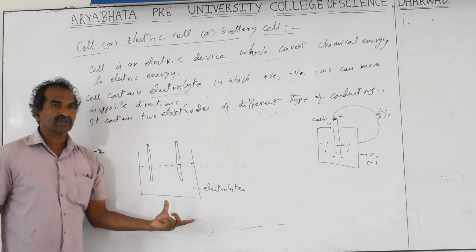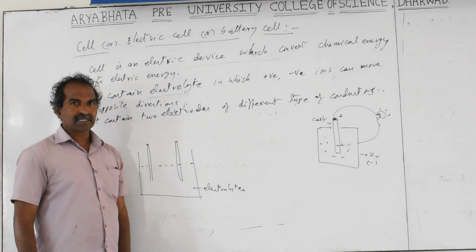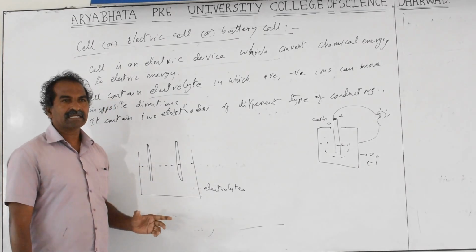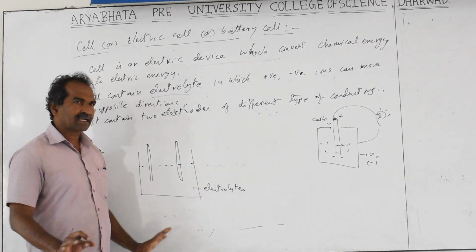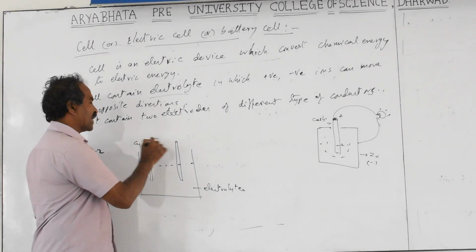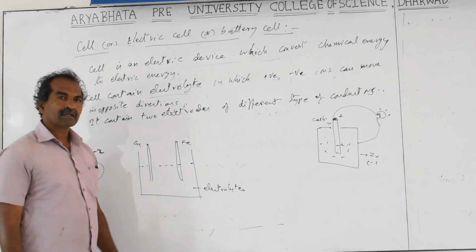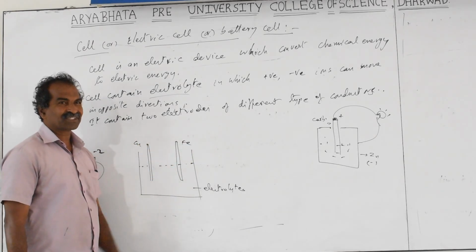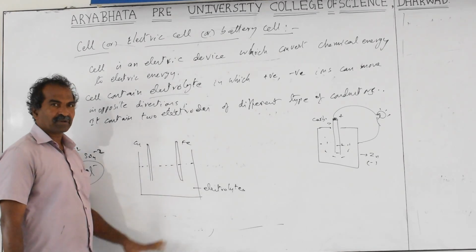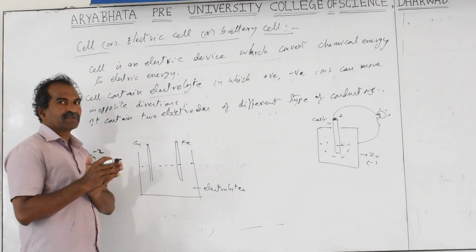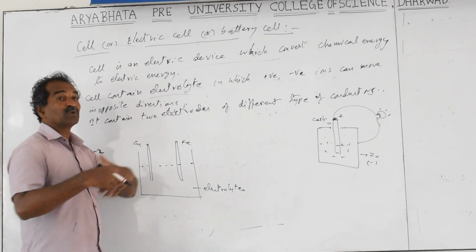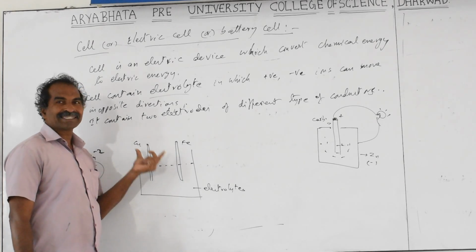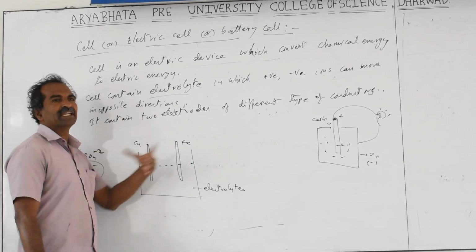Two different electrodes here. Two different means carbon and zinc, though not compulsory. Generally zinc is more electronegative, which you will learn in chemistry, so that is preferred here, but not necessary. You can take one copper and another iron, or brass and iron, or brass and copper; you have to choose different metals. You will learn electronegativity and electropositivity in chemistry: the one which easily loses electrons, the one which easily gains electrons, and electron affinity also. Based on that, you choose the best different electrodes. But basically you require any two different metals.